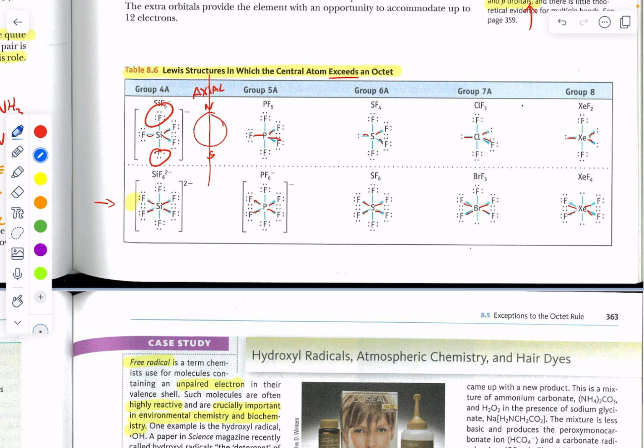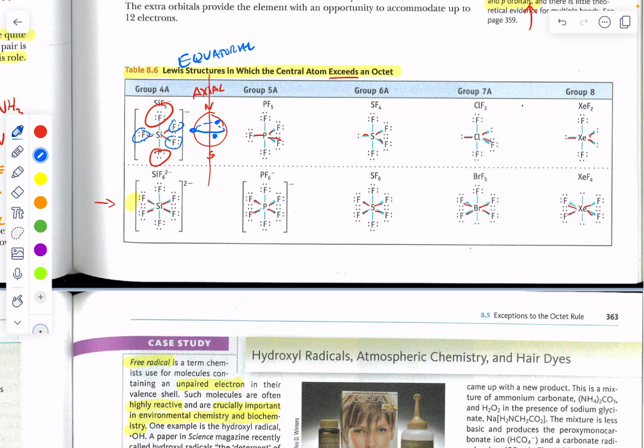And then if this is my equator right here, thinking again of a globe or the Earth, you've got a fluorine coming towards the back right, a fluorine poking itself out of the front right, and this fluorine going off to the left. That's the back of the globe. These 3 fluorines we would say are equatorial. So you have your equatorial fluorines and your axial fluorines. Remember those vocabulary words.